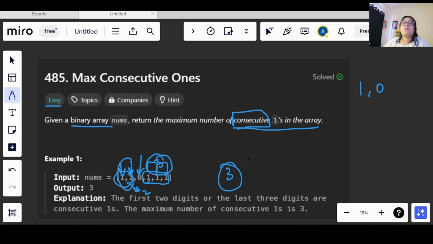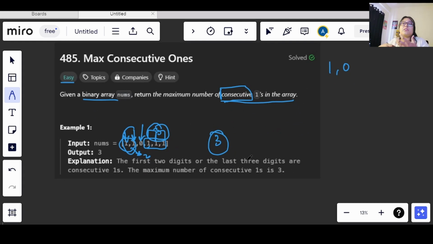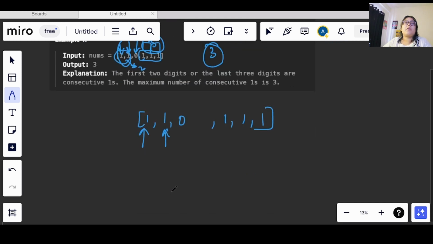Now how do we solve this problem? In comparison to the other questions, this will seem quite easy. Let's say I have this array only. I will start the counting from here. This will become 1, then again it will get updated, so my count will become 2.